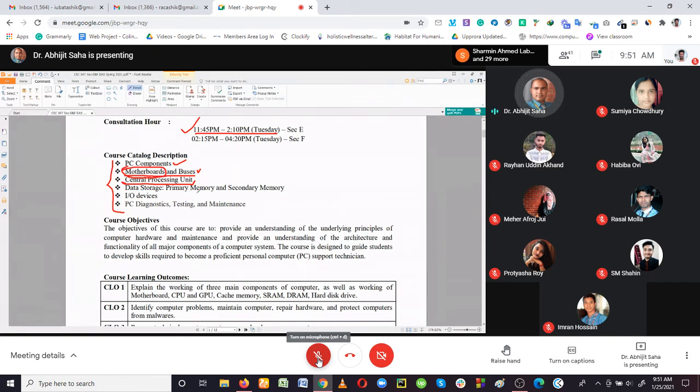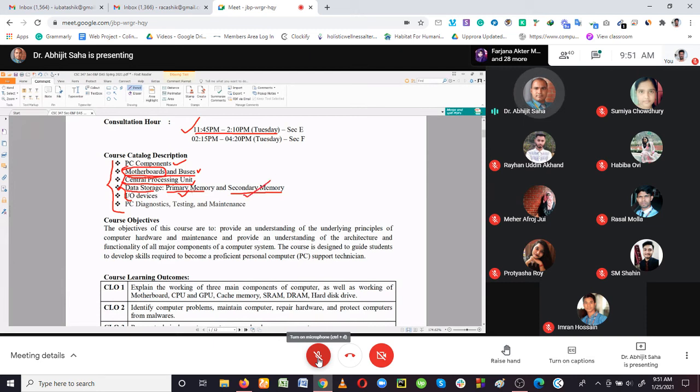We have the tentative course schedule there. We are going to discuss what things we are going to study. As I said, there are 3 main computer components. These are the 3: the central processing unit, and then data storage, meaning the memory. We are going to discuss the primary memory as well as some secondary memory, both under data storage. And our focus is going to be one type of memory from the primary memory, and one type of memory from the secondary memory.